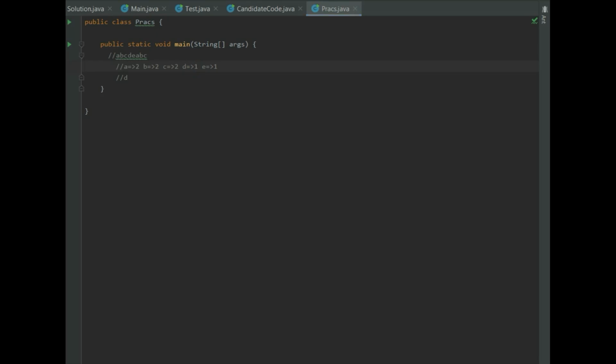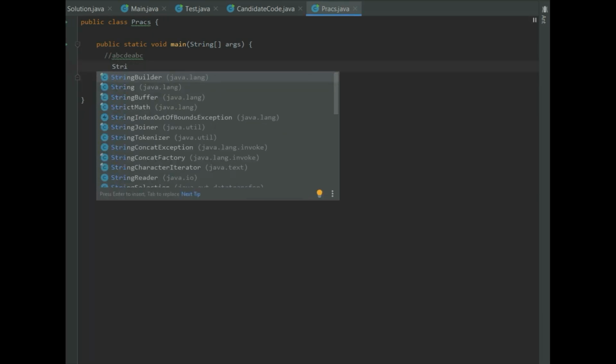The problem with this approach is that we cannot use a hash map, because the order in which the keys are inserted is not fixed. That means the insertion order of the keys is not preserved. So instead we need a collection which preserves the order and also makes use of a hash map. We have a linked hash map that preserves the insertion order as well as providing the capability of a hash map. Now let's start with the code.